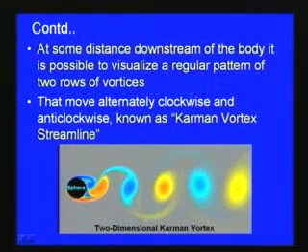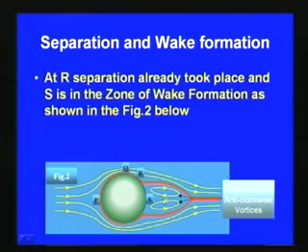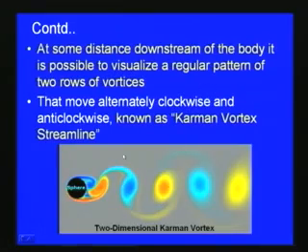So, we can see a regular pattern of two rows of vortices, which starts here, and then a Karman vortex will be formed with respect to the sphere or cylinder which we consider. This is the after effect of the boundary layer separation, and within the wake this Karman vortex is formed. So, this boundary layer separation is very important in the design of many of the